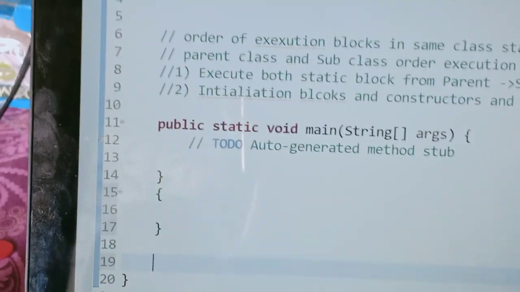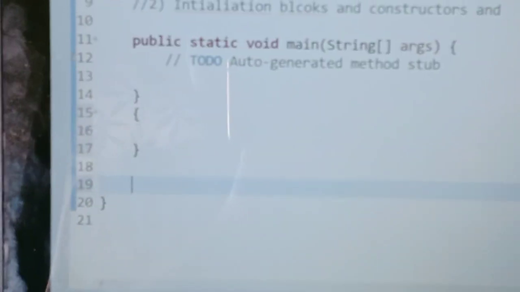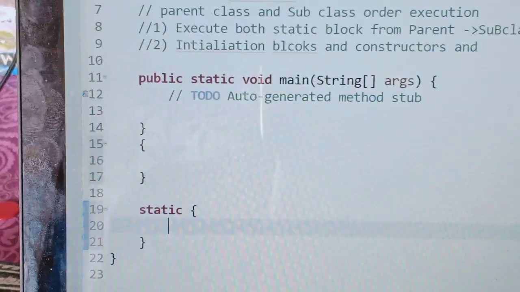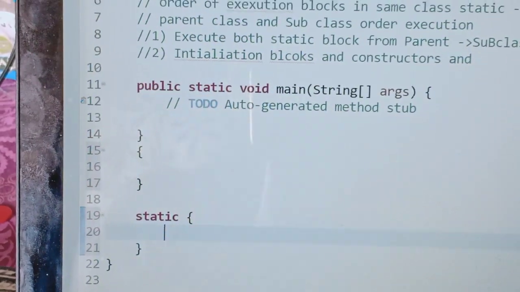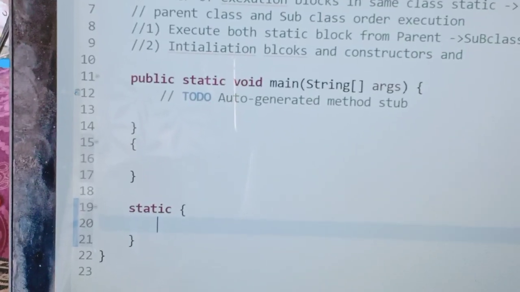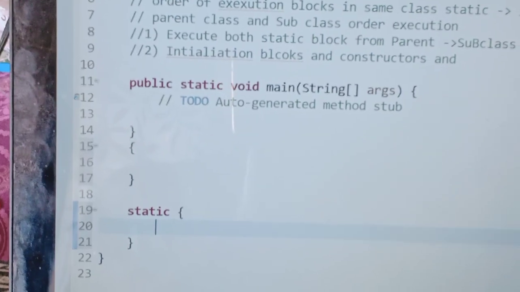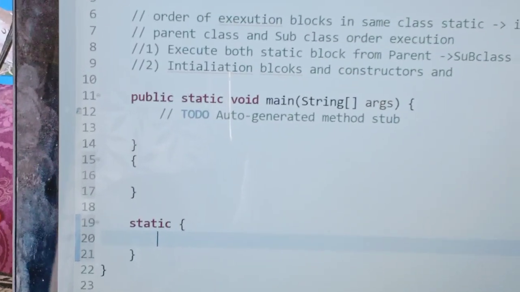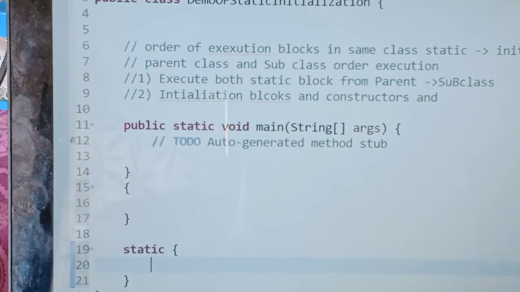To define a static block, we use the static keyword followed by the curly braces. So initialization blocks are defined using curly braces, and static blocks are defined using the static keyword followed by curly braces. This is the definition of the static and initialization blocks.